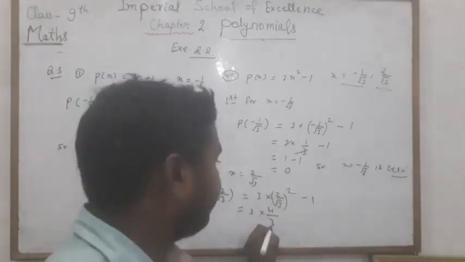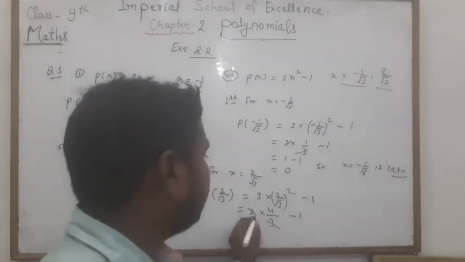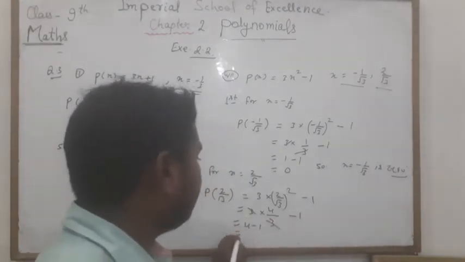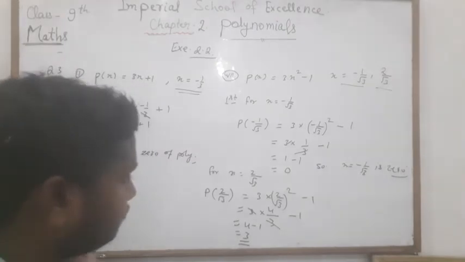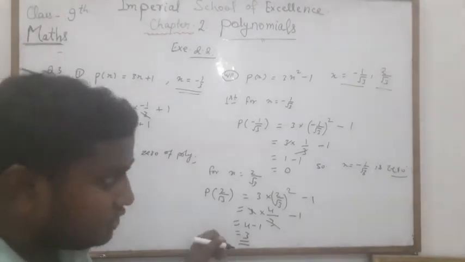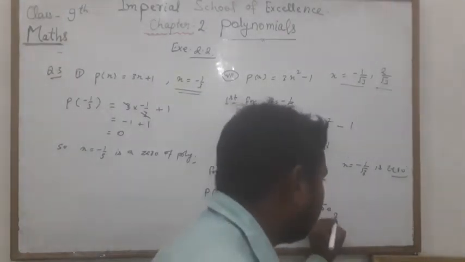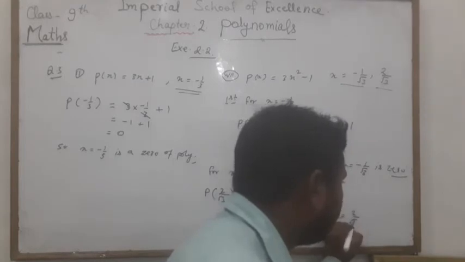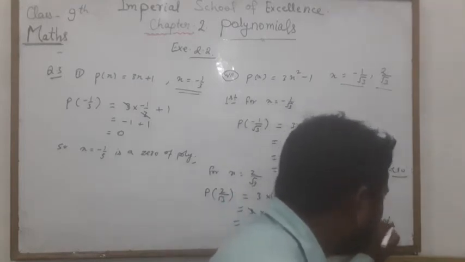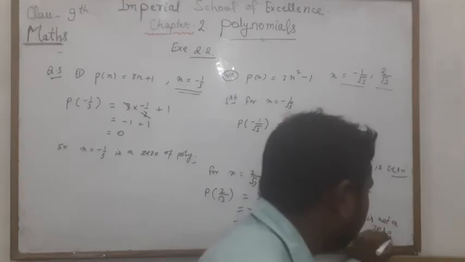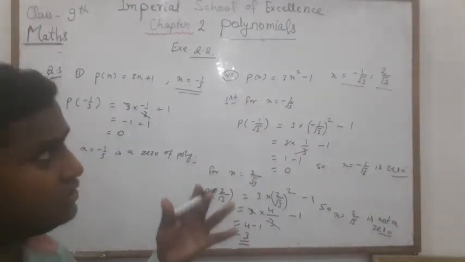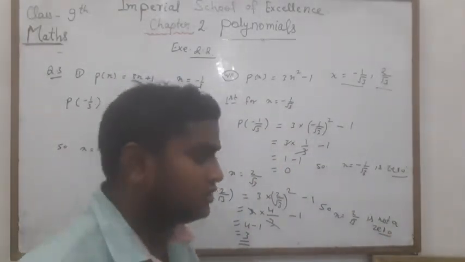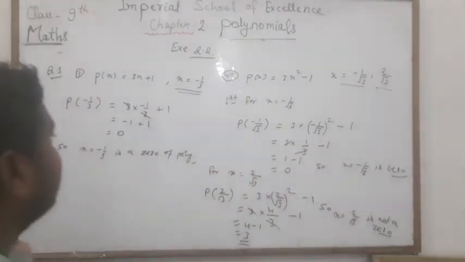it will be 3 and minus 1. so 3 and 3 get cancelled. This is 4 minus 1 and it will be 3. okay, so what is there, it is not 0. so यहाँ लिखेंगे x is equal to 2/√3 is not a 0. तो यहाँ पर हम लोग देख रहे हैं फर्स्ट वन इज 0 एंड सेकेंड वन इज नॉट अ 0. सो होप यू आर अंडरस्टूड.